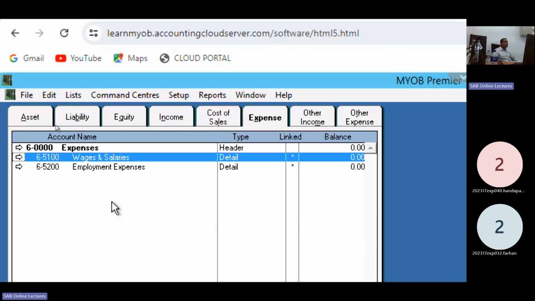Page number 2, tutorial. Under the wage and employment income, 5,130. Wages and salaries.